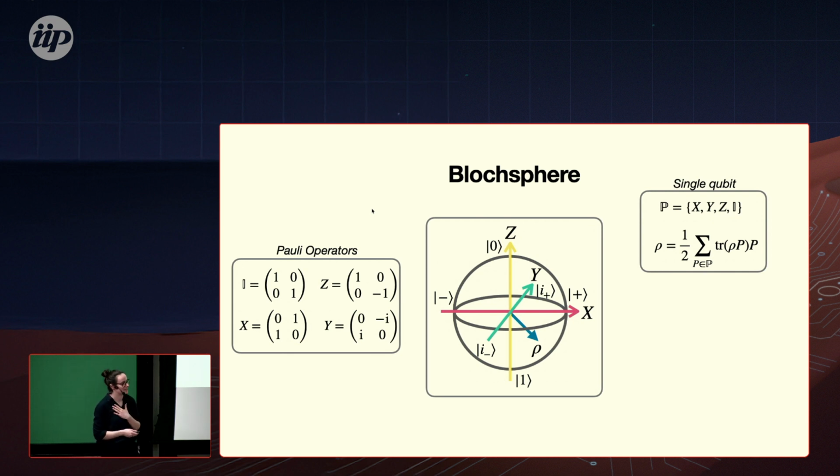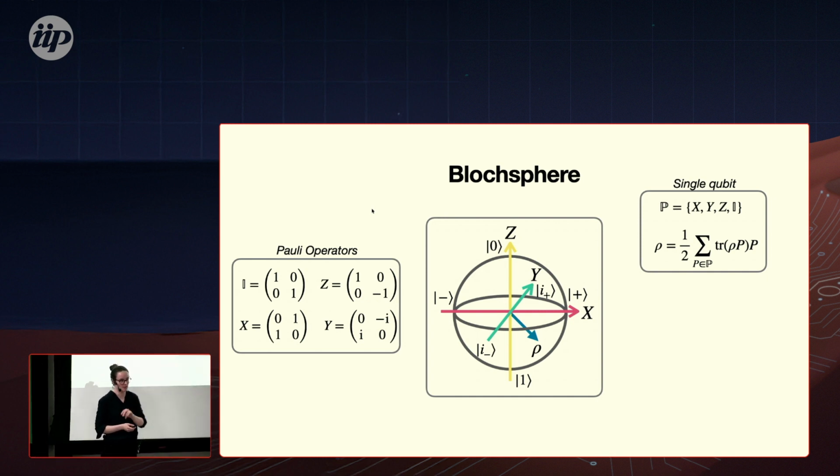we know that in theory, in mathematical expression, we can always write each single qubit quantum state as a linear combination of Paulis weighted with their overlap with this quantum state. And that's already great. Now it's not something very abstract, it's very hands-on. We have Pauli matrices that we know how they look like, and we have some scalars, some numbers, the trace of rho with this Pauli word. And if we now had access to these scalars, then we could, in theory, reconstruct and write on paper how our quantum state looked like.